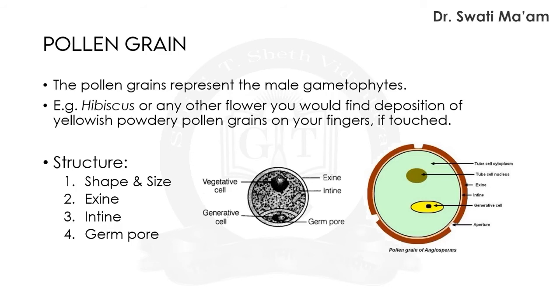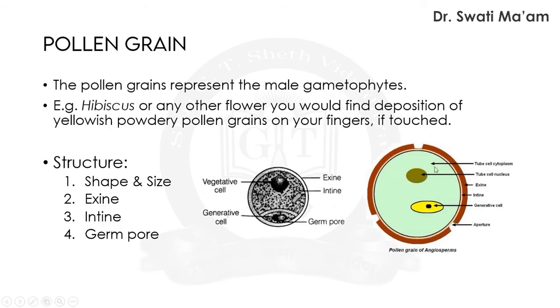The cytoplasm of the pollen grain is surrounded by a plasma membrane. Here, in the next diagram, you can see this is the hard red colored structure. It is showing exine here. It is followed by a continuous layer, intine, here, and at some places there is a gap where no exine is present.